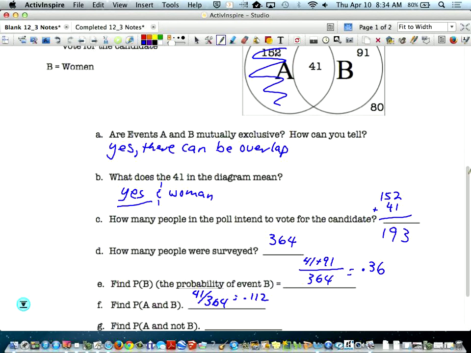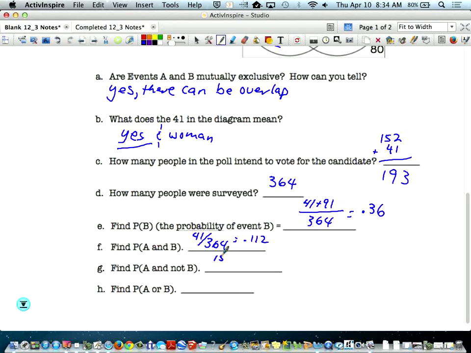So the probability is 152 divided by 364. Like 417. 0.417. So about 42%. And finally, what's the probability that the person said yes or they are a woman? So that's everything inside the circles, correct? Would not be the overlap? Or,